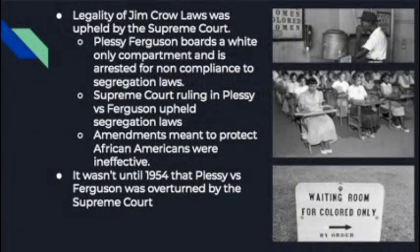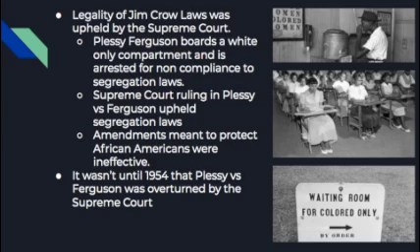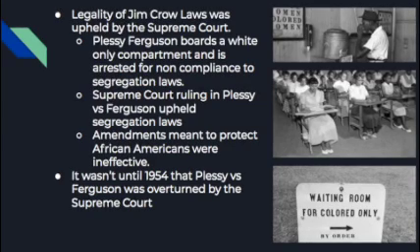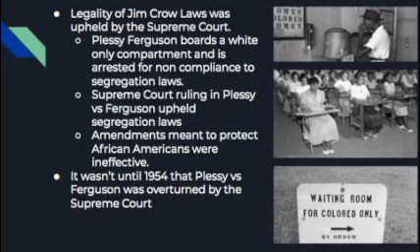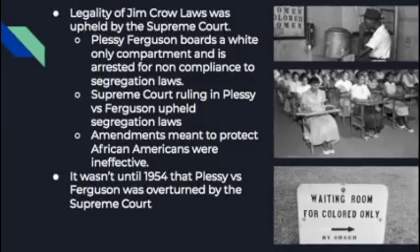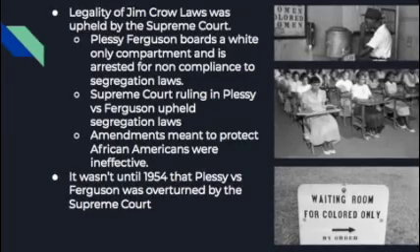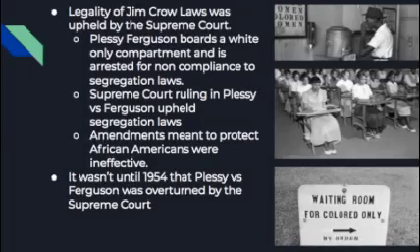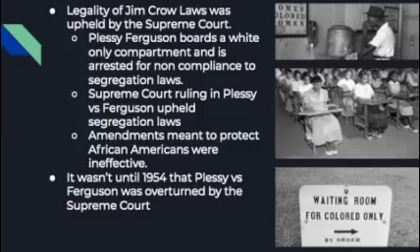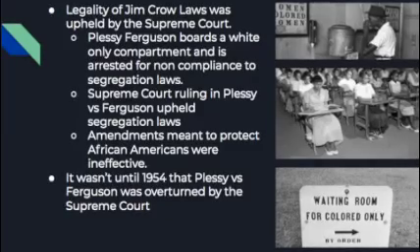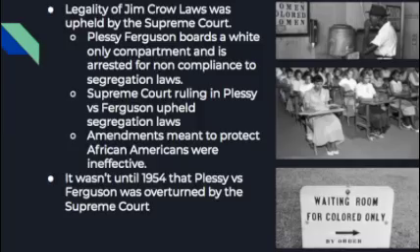The Jim Crow laws were first implemented in the late 1800s, and their legality was upheld by the Supreme Court. An example of this occurred in 1896 in the case Plessy v. Ferguson. Homer Plessy had boarded a white-only train compartment in order to protest the legality of segregation. Plessy was arrested for his actions, and his case eventually made it to the Supreme Court. The court ruled that segregation laws did not violate the 14th Amendment as long as the accommodations for whites and blacks were equal. This ruling led to the legitimization of racial segregation throughout the United States.